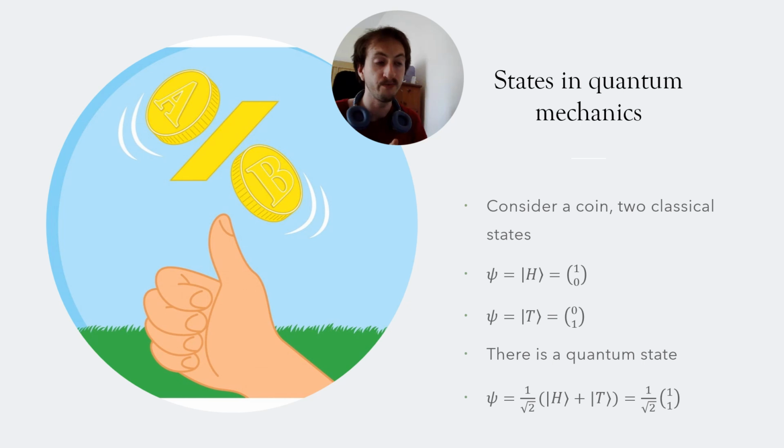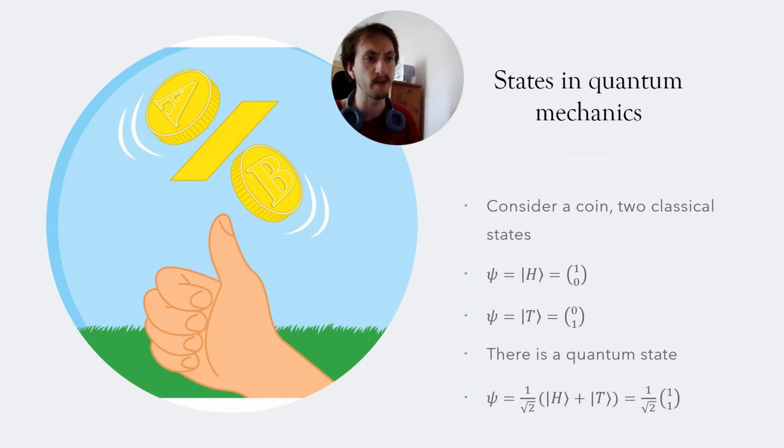Now a state vector is a very neat way to describe the states in quantum mechanics. So typically, if we've got a system which has two possible states, we can think about, for example, a coin being heads up as being in the state of heads up and not at all in the state of tails up. So if we think about a vector, we can have how much of the coin is in the state of heads up at the top and how much is in the tails up at the bottom of this vector. And so we write the state of heads up, this classical state, as something like 1, 0, and for tails we represent it as 0, 1.